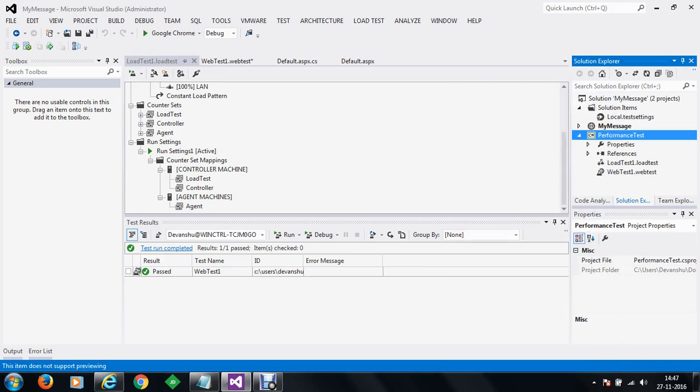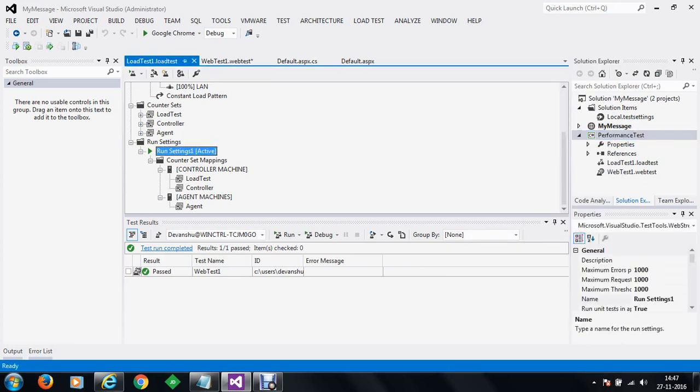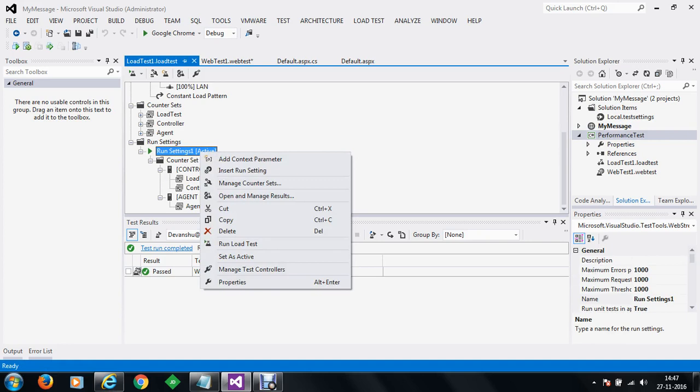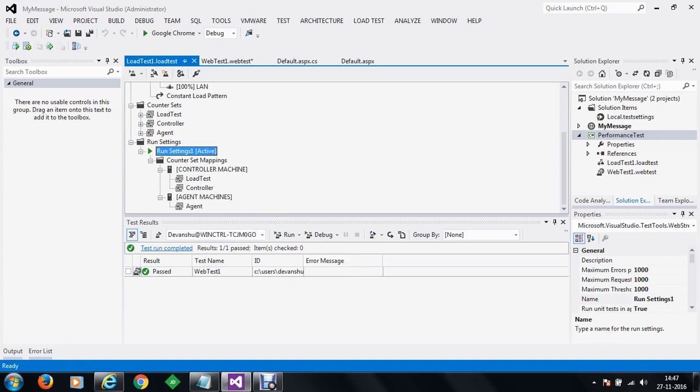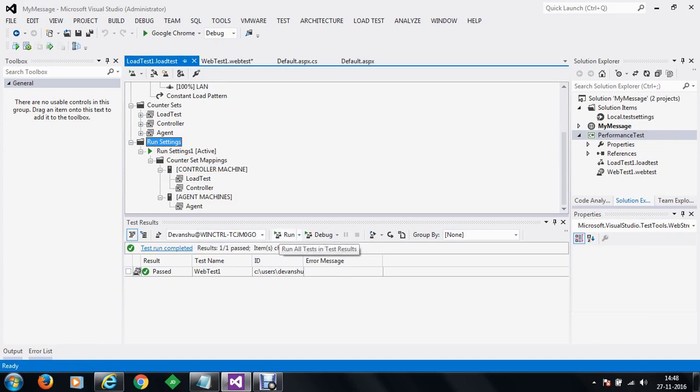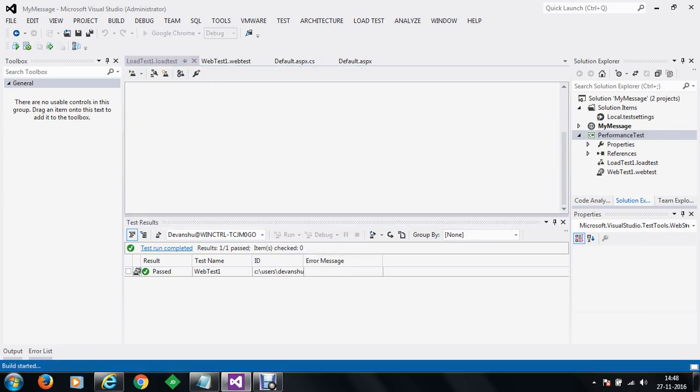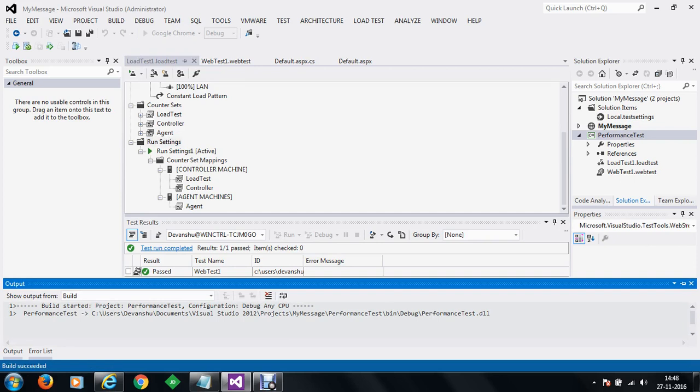So this is how we have added a load test here. So this is the run settings, and now we can run the tests. So let's run the tests.